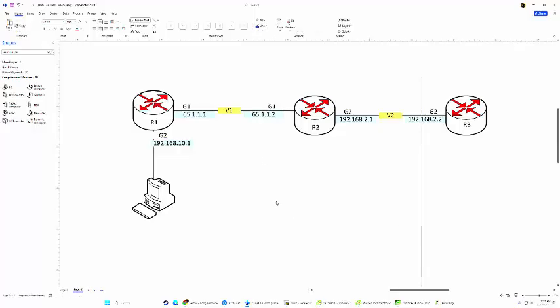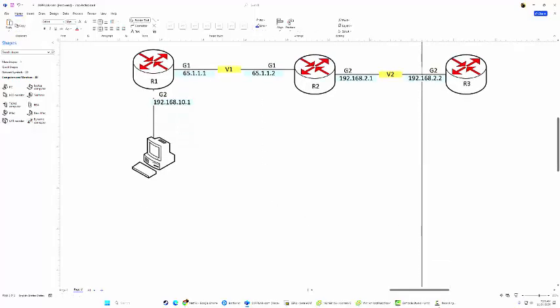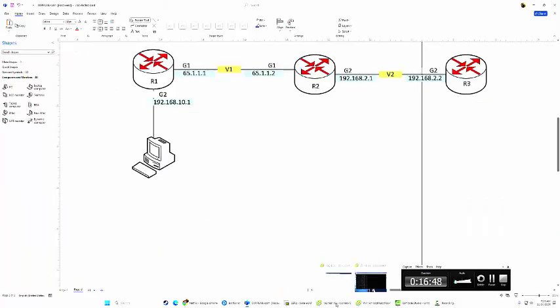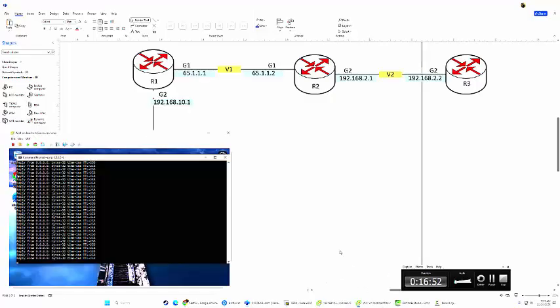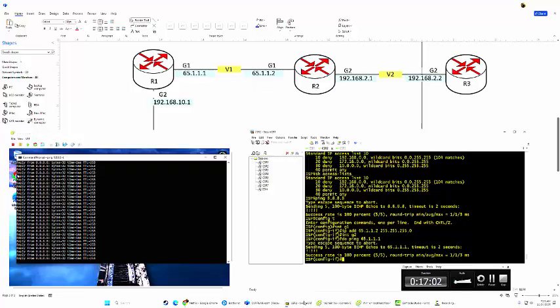So in reality, and I'm not going to lie, guys, this was really stupid on my part. It's just that I wasn't paying attention. But now when we go on to router one,